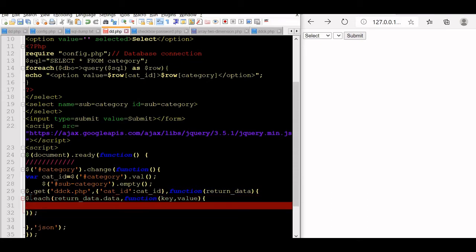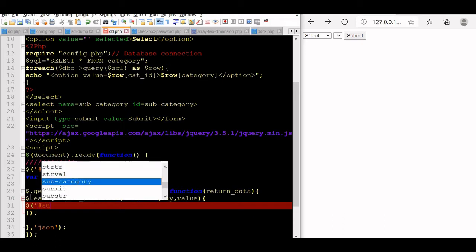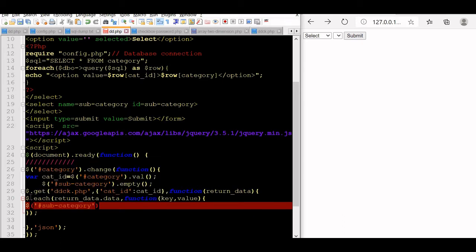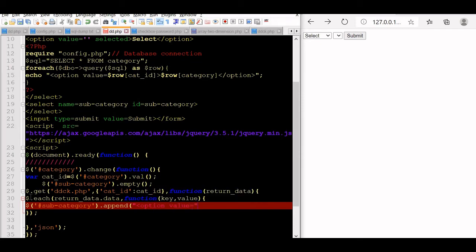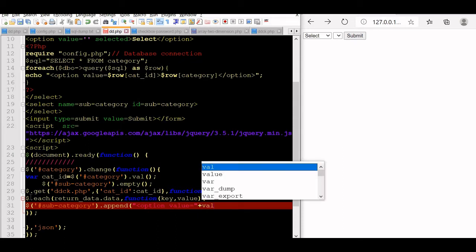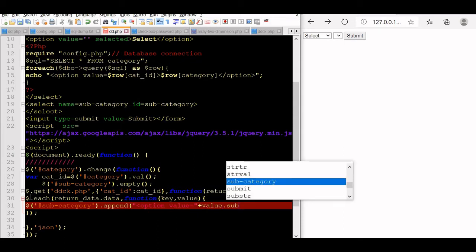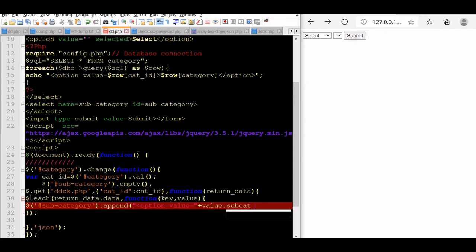Now we will add the option. Against each record we will add an option here. Subcategory I have kept it here, dot append. Now let us start: option value is equal to, string is closed, plus value dot subcat id. Subcat id we are getting from the backend script in the JSON string.